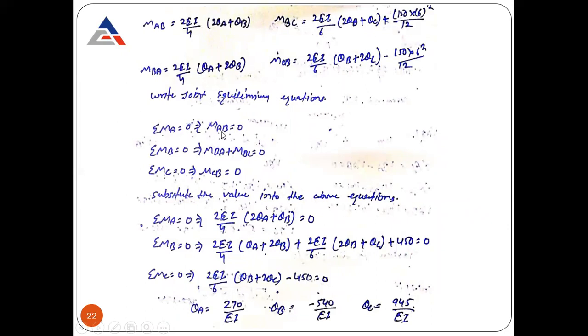So all the values you need to substitute into the moment equation. So MA is equal to 0, the equation that we know. MB is equal to 0: 2EI by 4 times (theta A plus 2 theta B) plus MBC. MBC is this one, place it here, solve it, and you will get the fixed end moment as 450. MC is also this value. Now how to solve these equations? Just solve one of them, put it in the other; that is the way to solve it. So you need to simplify it, theta B plus 2 theta C, and substitute the values from one equation into the other equation.